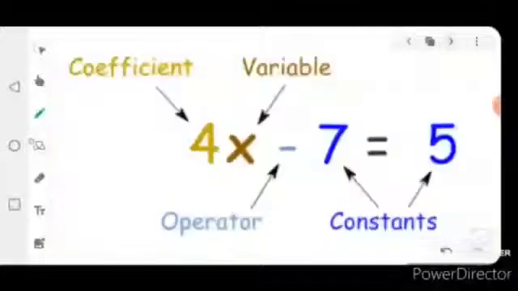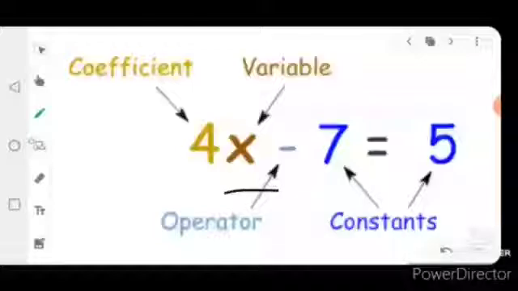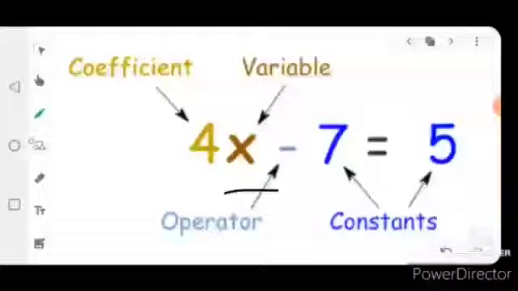Then here we can understand two things: coefficient and variable. Whenever we use letters in place of numbers, or the numbers which are changeable, they are known as variables. Here x is a variable. You can put any number in place of x, like 4 or 5, according to the condition. So x is changeable. Keep in mind that a variable is changeable.